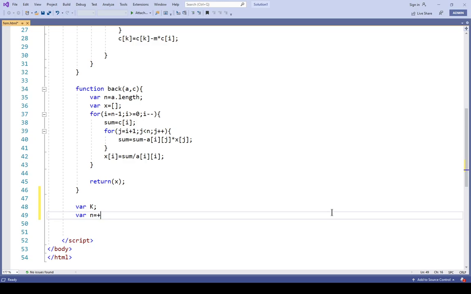This plus sign indicates convert into number. I'll have the message "enter number of nodes". A higher programming language understands all inputs as a string.